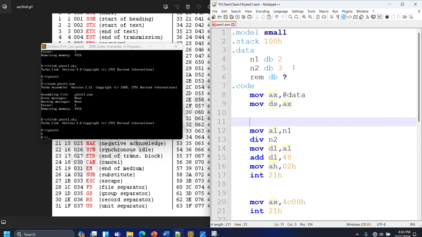So to store the remainder, first we have to set the accumulator high, AH, with value 0. Then we divide n1 in the AL register by n2. The AL register saves the answer. So when 2 is divided by 3, the answer is 0. So 0 is in the AL register, and the remainder value is stored in the AH register. So now the AL value is 0, and